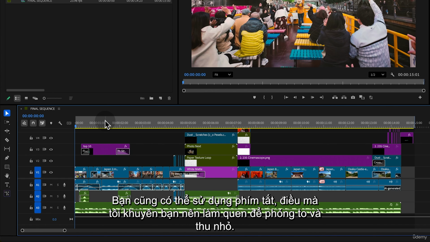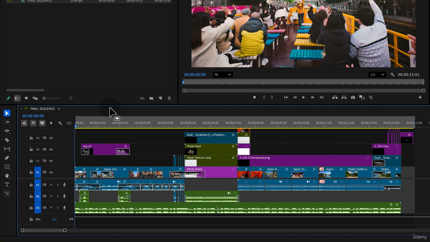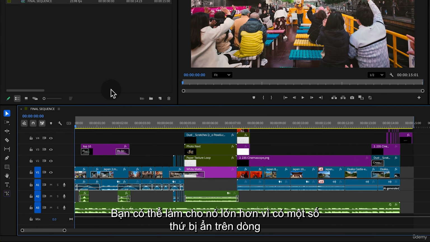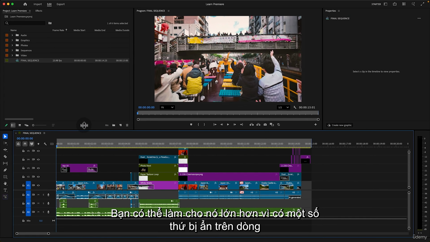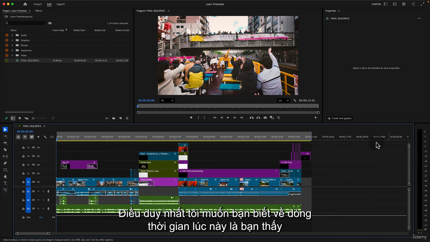You can also use a keyboard shortcut, which I highly recommend getting used to. For zooming in and out, it's just the plus and minus keys. You can make this bigger because there's some things that are hidden on our timeline that we can't see because it was too small. The only thing I want you to know right now about the timeline is that you